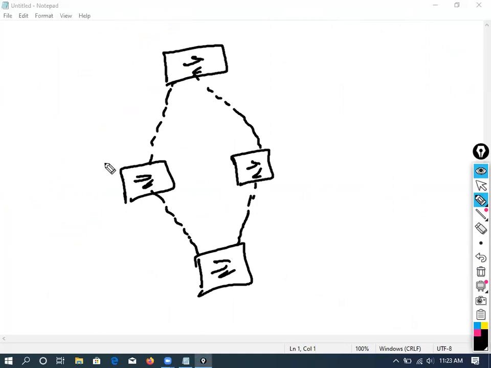Okay. So we're going to make this the core switch for VLAN 1, and this is the core switch for VLAN 2. Is it clear? Now, as per VLAN 1, assume that this port is blocked. As per VLAN 1, this port is blocked. As per VLAN 2, we may block this port. Just for an example, I'm saying this port is blocked.